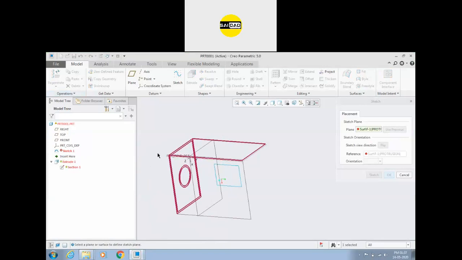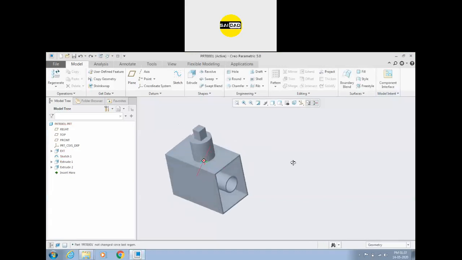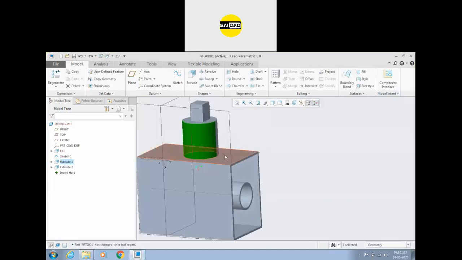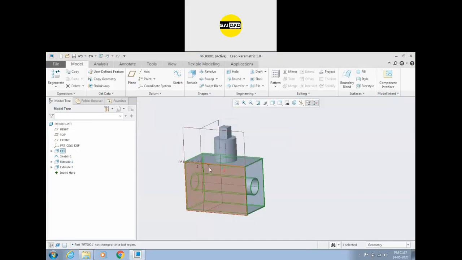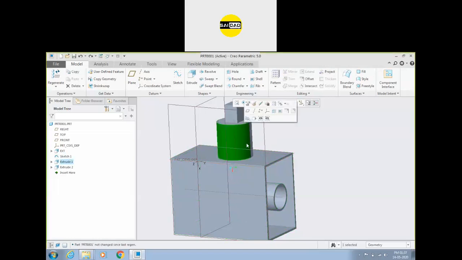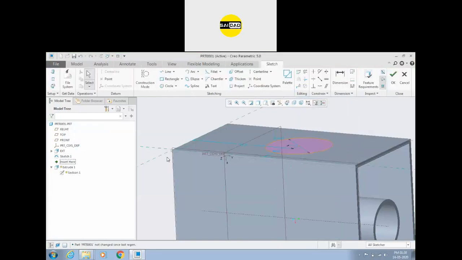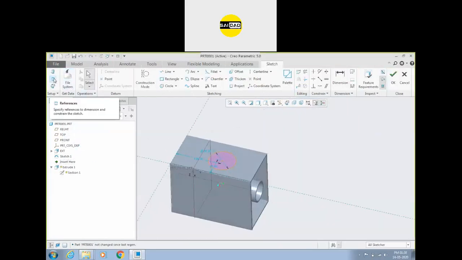I will show you again what was the main thing. This object was created on this face. If we delete this whole object, the face of the sketch, the plane of the sketch will also be deleted. So if you don't want to delete this object, you have to make the plane independent. You can create a plane first and place the sketch on that plane. Like, go to this sketch, and go here, go to edit. Now I can go to edit sketch.